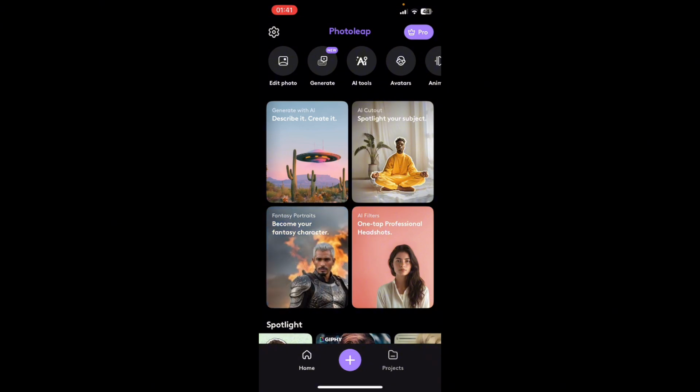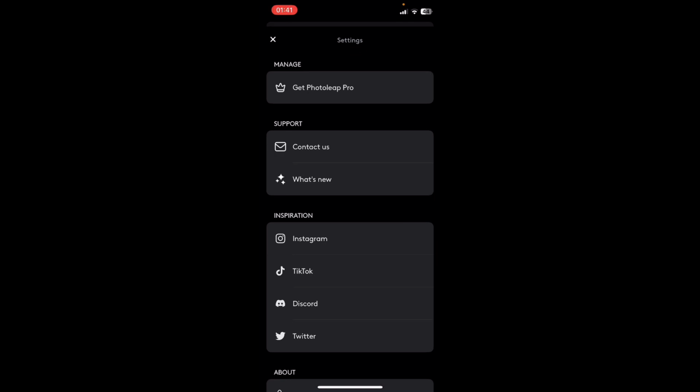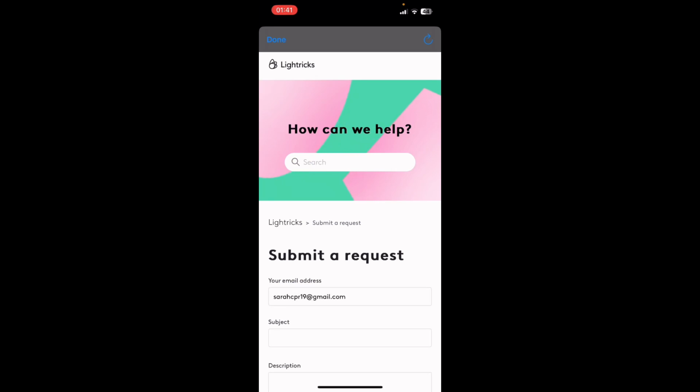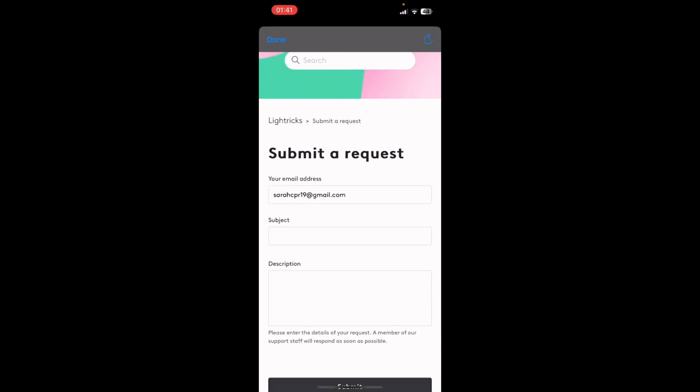Now on the screen, in the top left corner, you're going to find the Settings option. Tap on it, then you can see categories like Manage, Support, Inspiration, About, etc. Well, under Support, you can see the first option, Contact Us. If you tap on it, you're going to have to give your email address, add a subject while